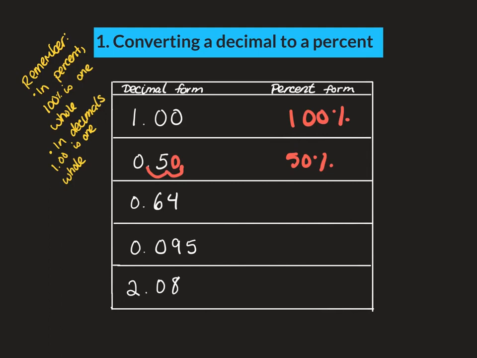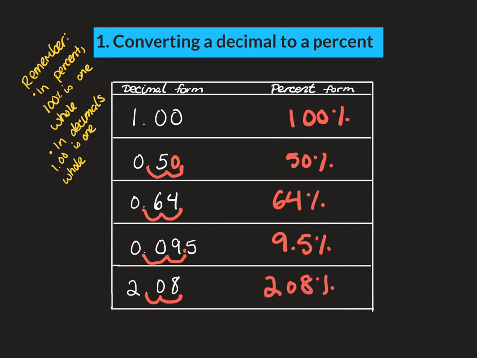Same thing again, 0.64. I'm going to grab that decimal, move it over 2. So now I have 64.0, which I can drop out, so it's just 64%. Third one, 0.095. I'm going to grab that decimal, move it over past the second 0, past the 9, and drop it between the 9 and the 5. So now I have 9.5%. This last one, I've got 2.08. I'm going to grab that decimal, move it 2 to the right, and I end up with